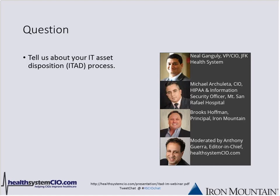And looking at integrating solutions with providers to really benefit from additional resources, and looking towards Brooke and his group, Iron Mountain, which has been a very good asset and business partner to our organization, has always been extremely critical. So I think trying to incorporate specific elements to really build on your program is extremely